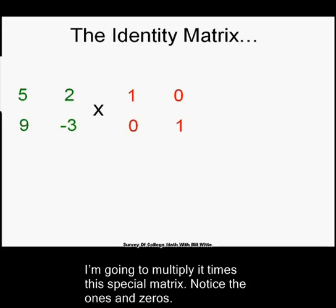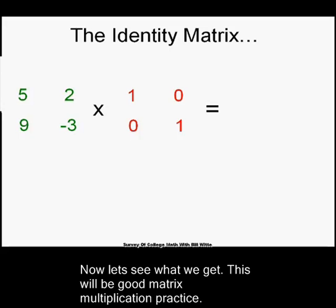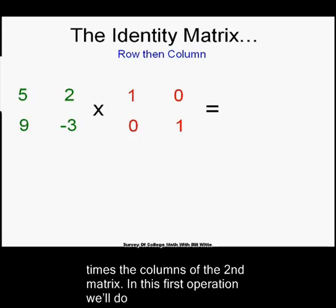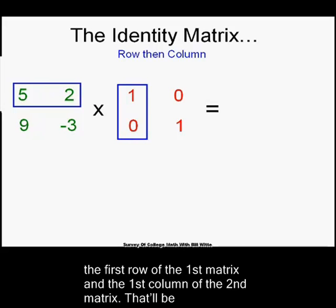Notice the ones and zeros. And let's see what we get. This will be good multiplication practice. Okay, remember, I'm going to go by the rows of the first matrix times the columns of the second matrix. Okay, row then column. In this case, the first row of the first matrix and the first column of the